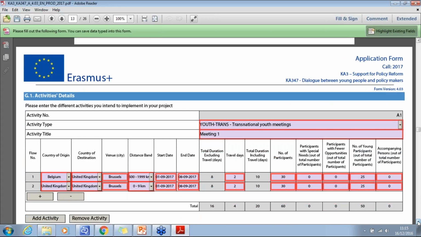So then we go on to G1, activity details, and here you will need to enter the specific number of participants and budget amounts, which will calculate the total budget. So under Key Action 3, you can have a national youth meeting where the activity involves at least one organisation from a programme country. So Key Action 3 is unique in that you can have an activity that is just in